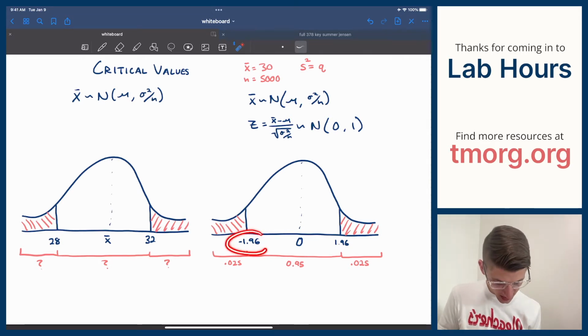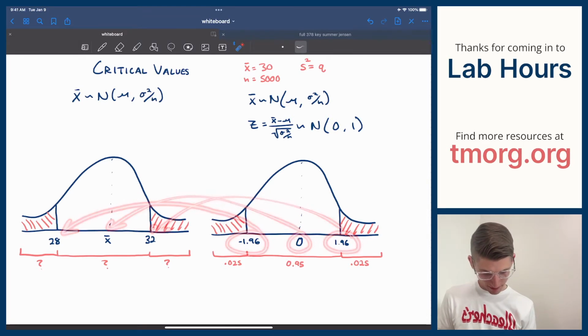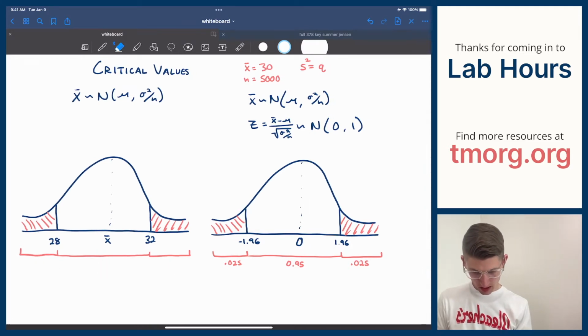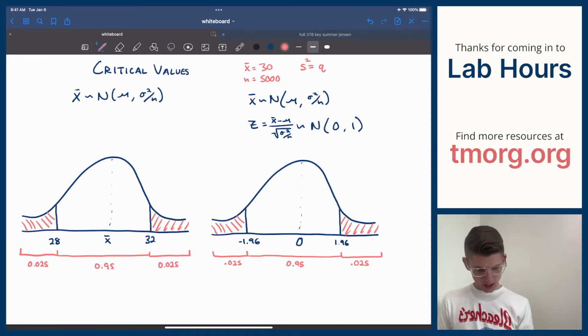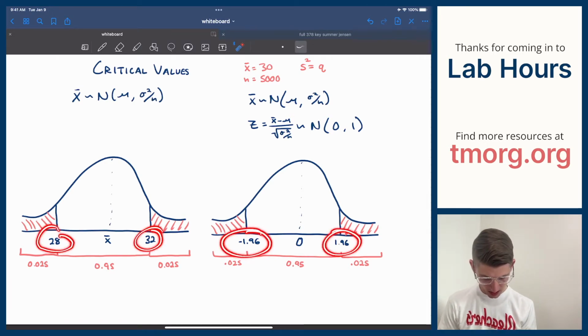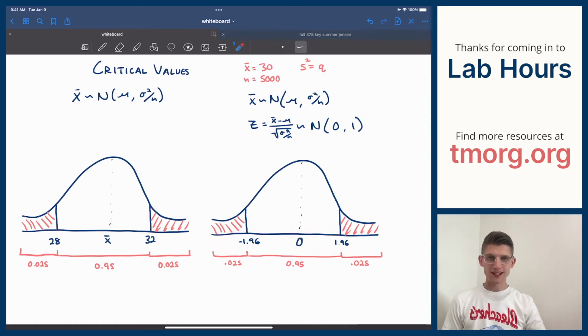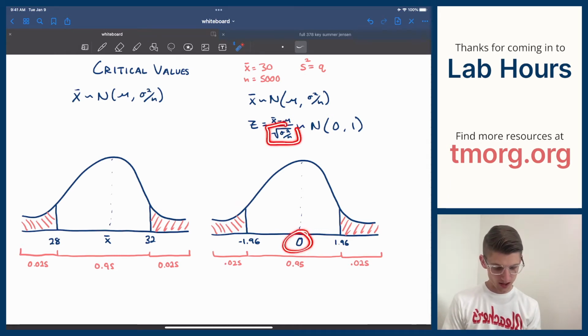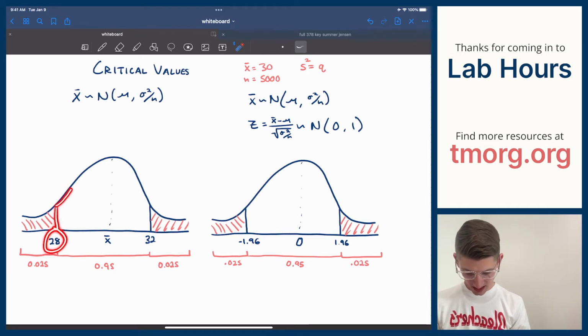And if we can find some way to take these numbers and turn them back into these numbers, what do we have? Well, we would have 0.025, 0.025, and 0.95. Basically what we would end up with is if we can find some way to move from these numbers to these numbers, or to go from the z-scores back to units of x bar, as opposed to units of standard errors, then we would be able to say, okay, let's take whatever this number turns into